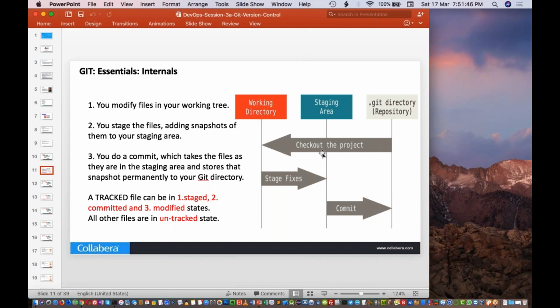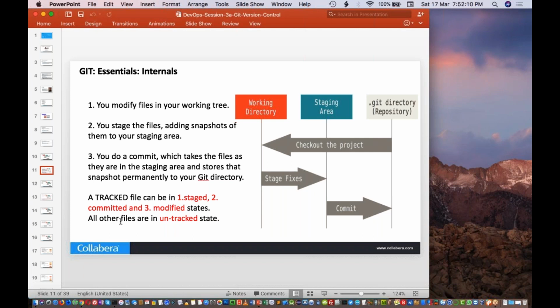So it is still in the working directory. It is not there in the staging area yet. Now, finally, the third stage, which is staged, means that you have marked the modified file in its current version to go into your next commit snapshot. So basically, you start with an untracked file, you modify that file, then you stage that file, and then commit